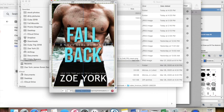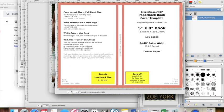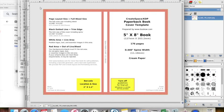Where did it go? Oh, it's still opening. Okay. Oh. Okay, so now here we go. We are in GIMP. And I like to expand my screen just a little bit just so I can see the borders here. The very first thing that I do is I go in,